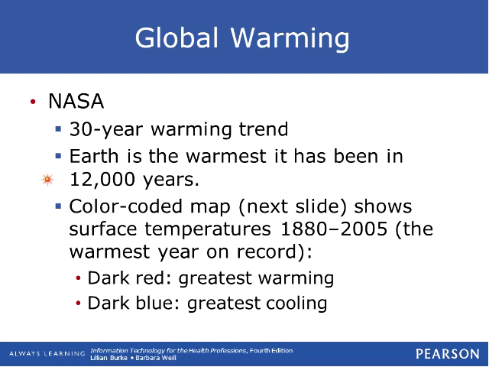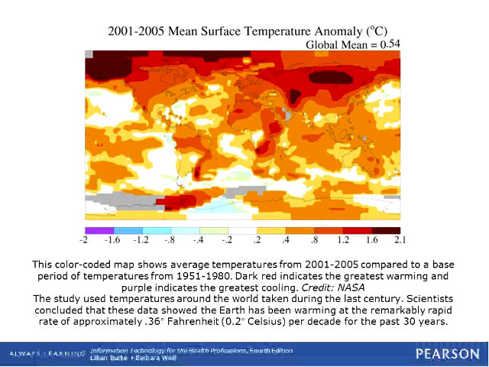Earth is the warmest it's been in 12,000 years. We have a color-coded map in the next slide which shows the surface temperatures from 1880 to 2005, the warmest year on record. Dark red is the greatest warming, dark blue is the greatest cooling. And what you're seeing is